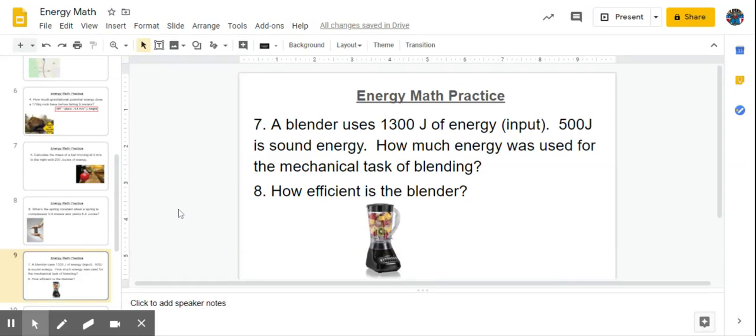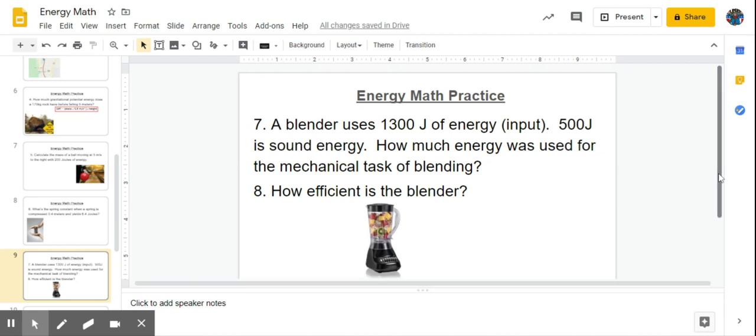Okay, number 7. A blender uses 1,300 joules of energy. That's the total energy input. 500 joules is sound energy. How much energy was used for the mechanical task of blending? And then number 8, how efficient is the blender? Let's do 7 first. And for 7, we need to remember that